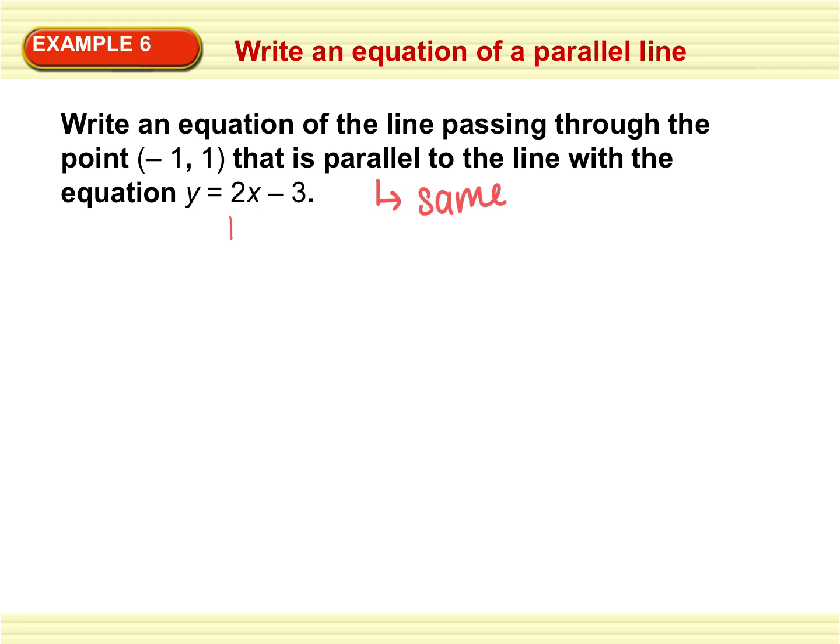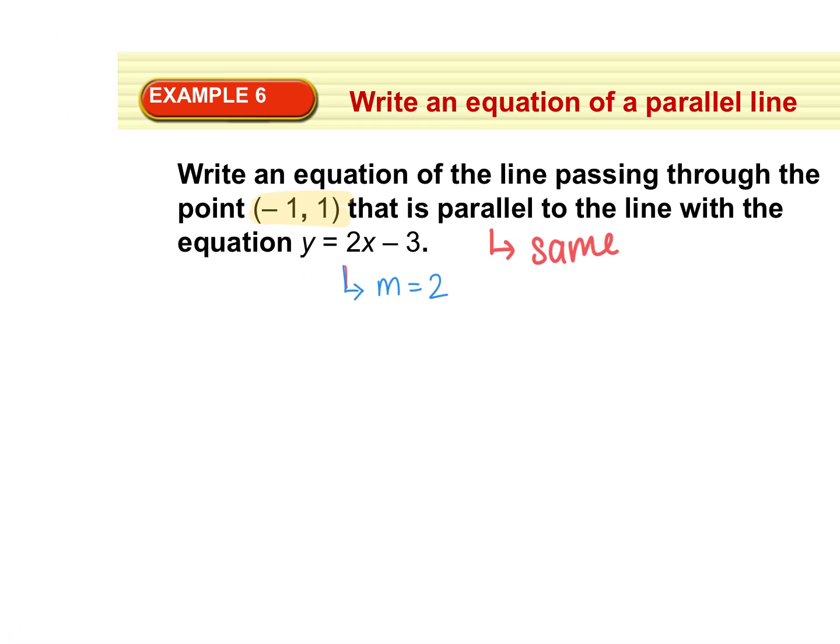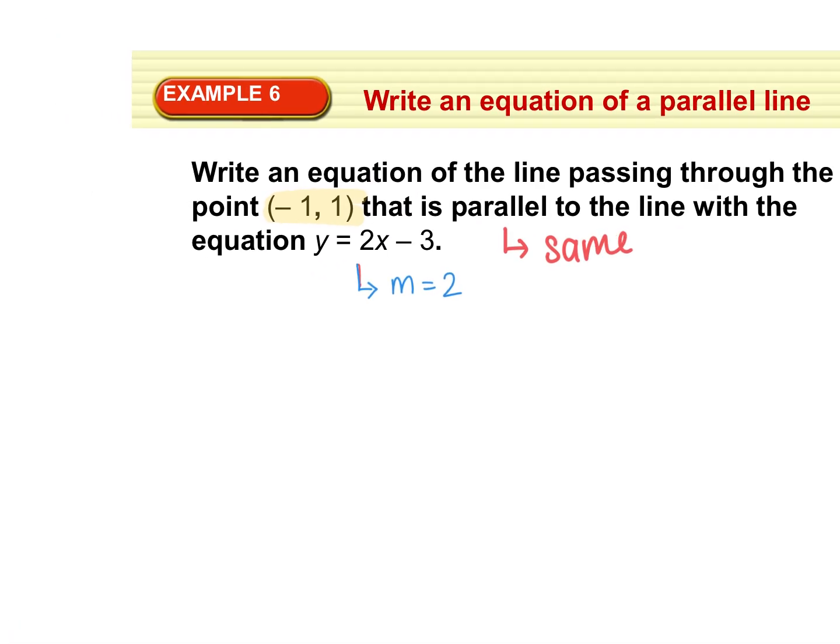So I'm going to go ahead and write it in blue. My new slope is going to be 2. All right, now I am going to be using the information they gave me. They gave me these points. I'm going to plug it in to what was given. So next step, I already know my slope from my new equation, but now I need to write my new equation. So I'm going to go ahead and solve